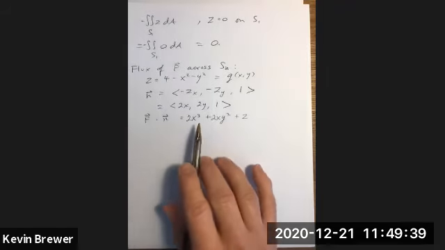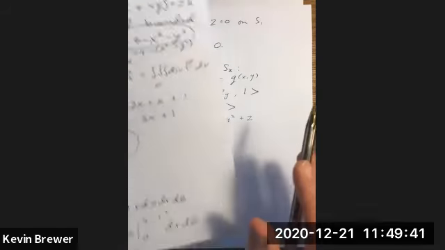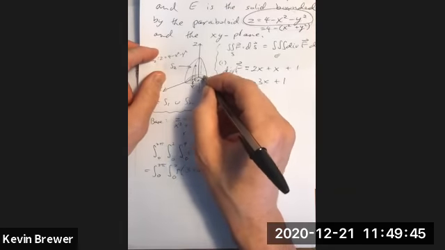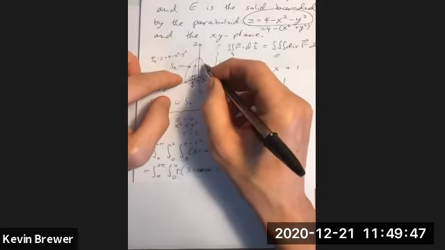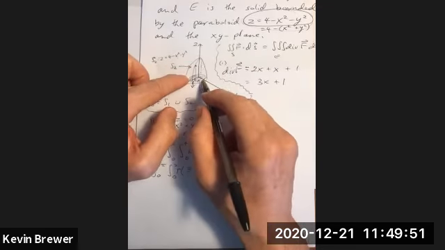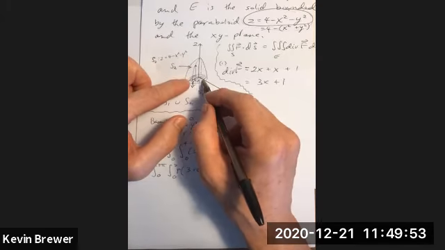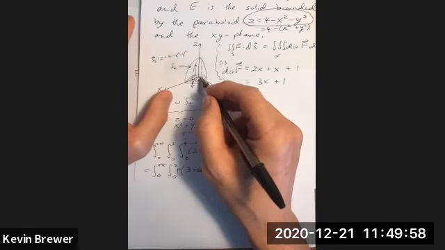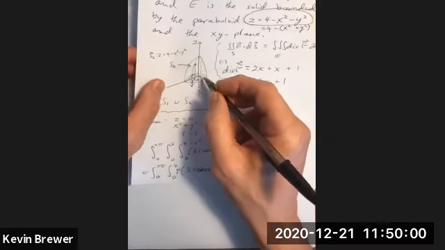But we're integrating this function over the region that this function is a function of x and y over, and that's really just S1, but we're going to call that A in this case. So